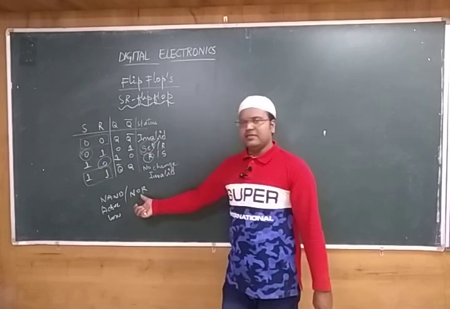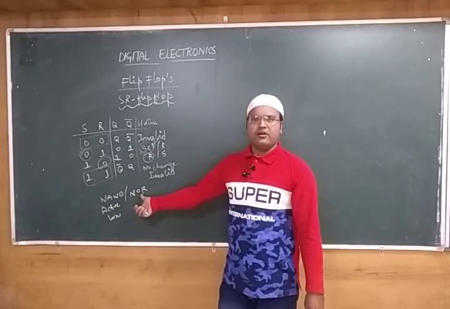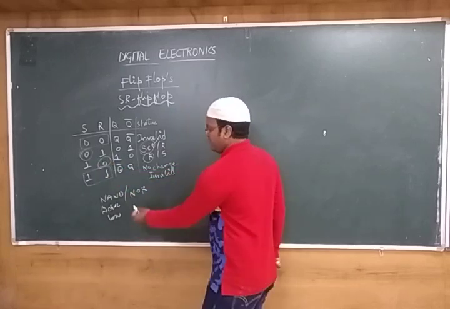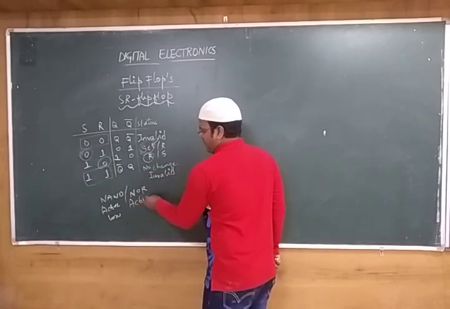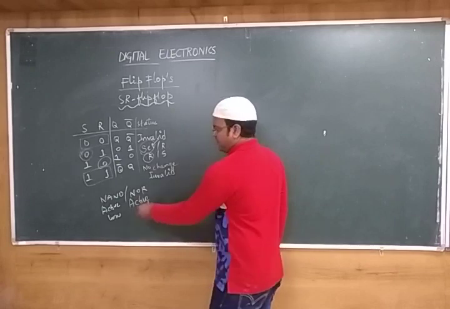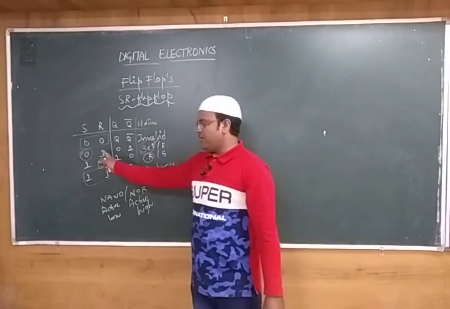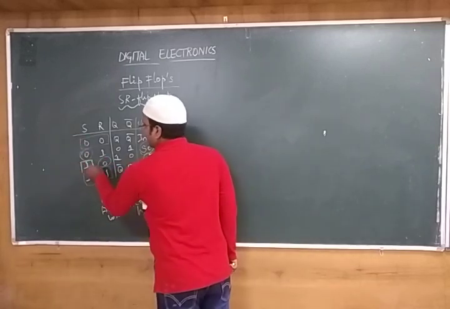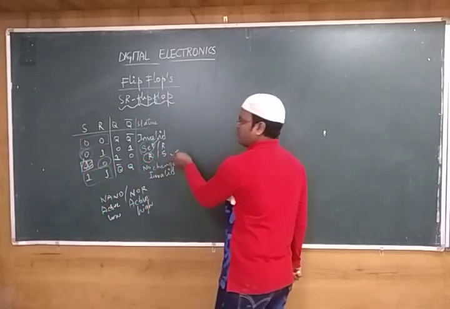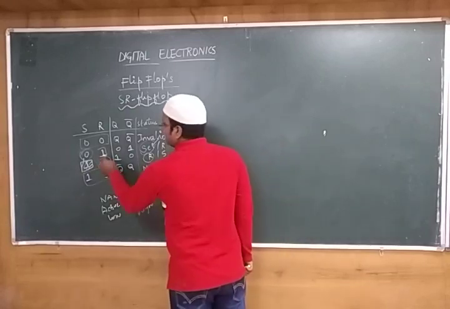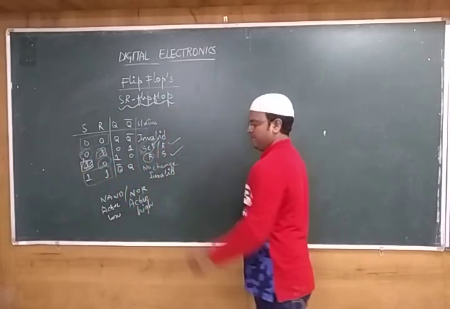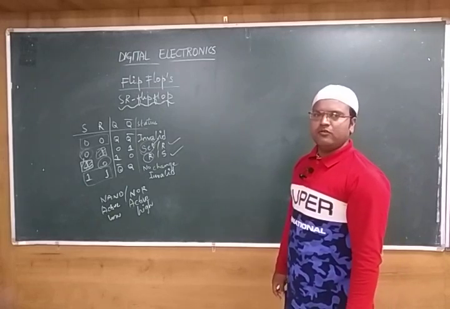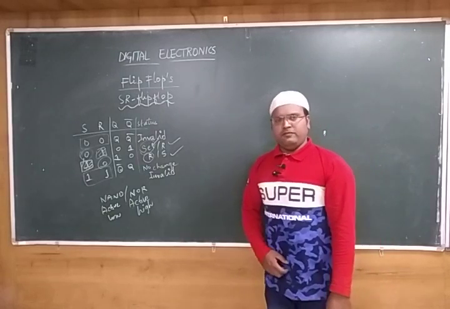Similarly, for the next part, that is nothing but NOR gate approach. In the NOR gate approach, we have seen when we had reset is 1, it is going to work for active high. So what is the meaning of active high? Whenever we are giving 1 for that particular value, it is going to operate. Like, see here, now for this particular part. When set is 1, it is going to work as set bit. When reset is 1, it is going for the reset bit. So these two things we have discussed. Even by using the clock pulse, we have seen how to design the SR flip-flop, right?